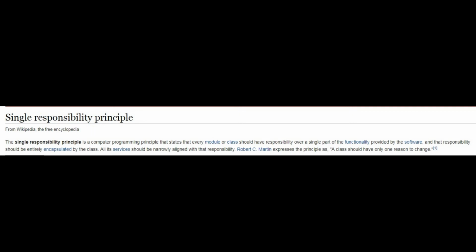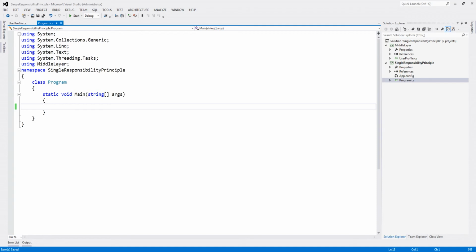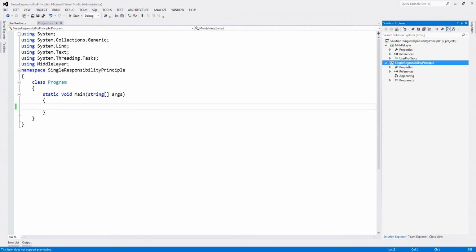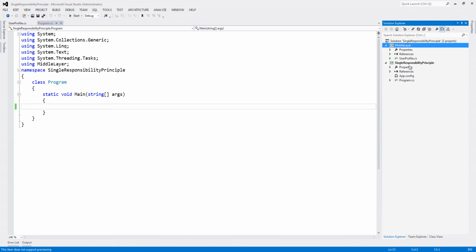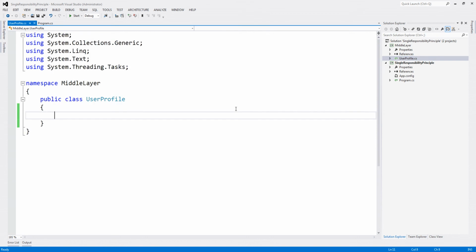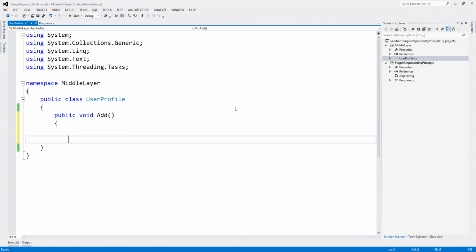What does this mean? Confused? Let's take a practical example. I have a console application, Single Responsibility Principle, in which I have a class called Program having a Main method. I have a class library called MiddleLayer in which I have a class UserProfile. Let's say in this class I have a method called Add. I have the logic here to add